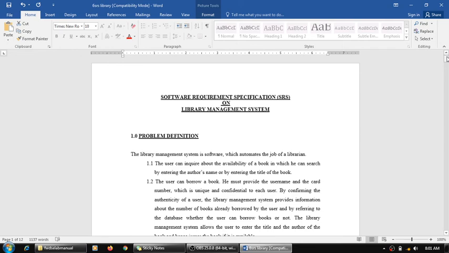But yes, we have to enter each and every detail in this document which your software is going to implement, the diagrams as well as the snapshots if you have prepared it right now. If not, leave at that point, right? At least diagrams must be included here, right? So this is what the task is. You will be preparing an SRS document, say for any system of your choice. If you want library management system also, if you are looking for some other application, you can prepare the SRS for that application also, right? So try preparing this SRS document now onwards.